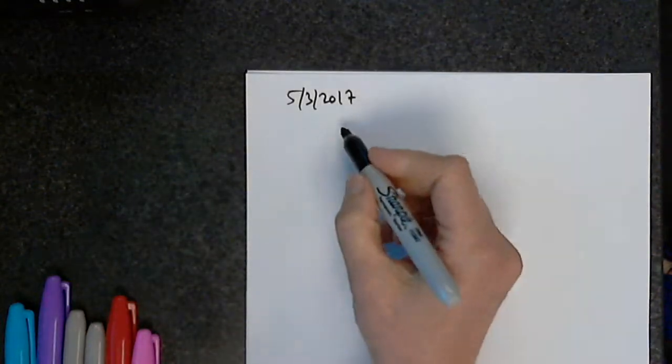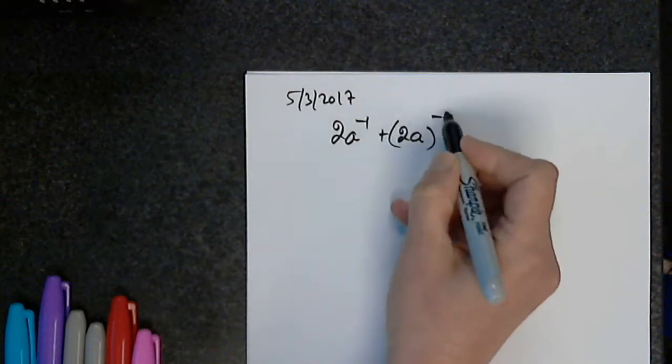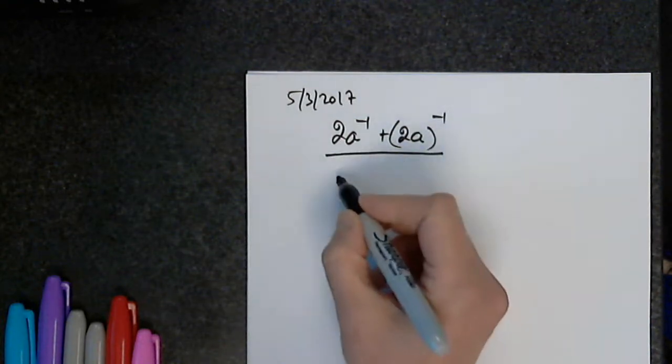Okay. The extra was 2a to negative 1 plus 2a to negative 1 over